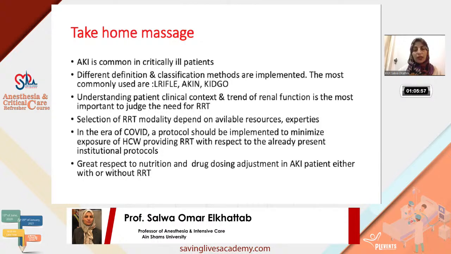But you have to calculate your clearance. We have to know the clearance provided by your RRT modality, either intermittent or continuous. And if there is still some of the patient's own kidney function, some clearance, take this clearance into account and calculate the dose as per manufacturer recommendation. One of the most important and most helpful tools in some medications is therapeutic drug monitoring. Vancomycin, aminoglycoside, you can measure serum level and adjust your dose accordingly. So it is a wide